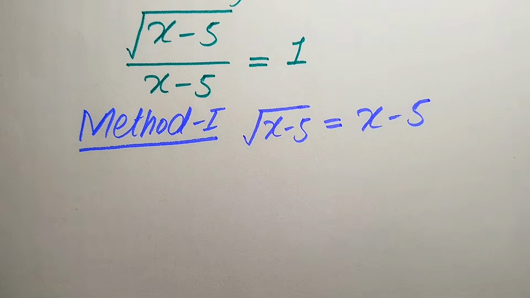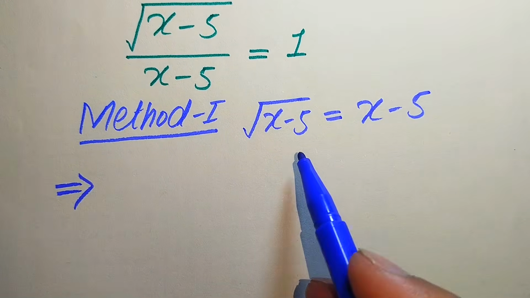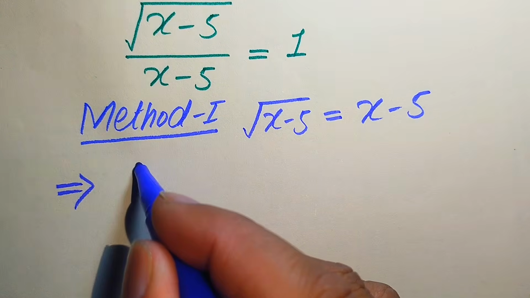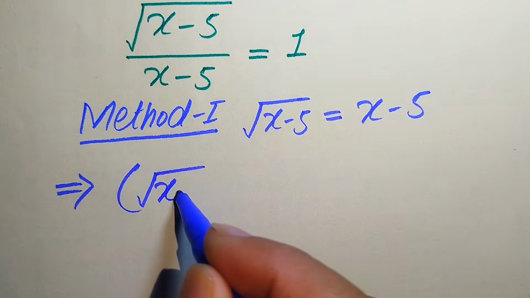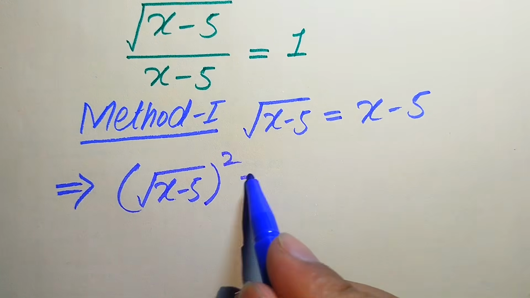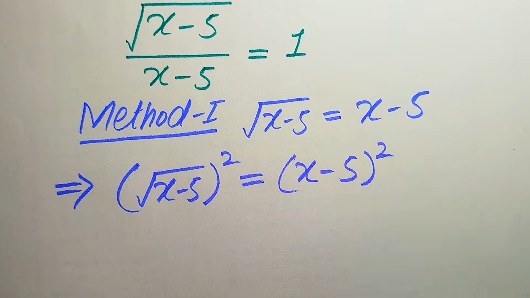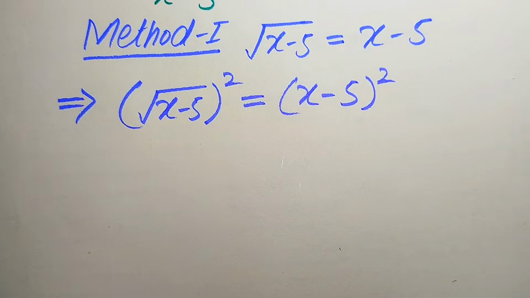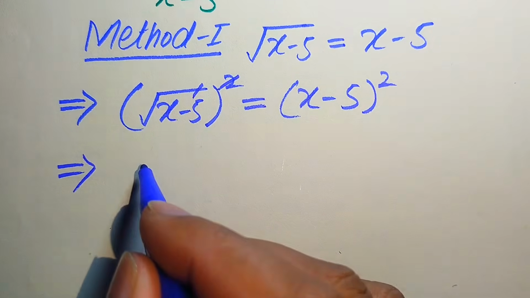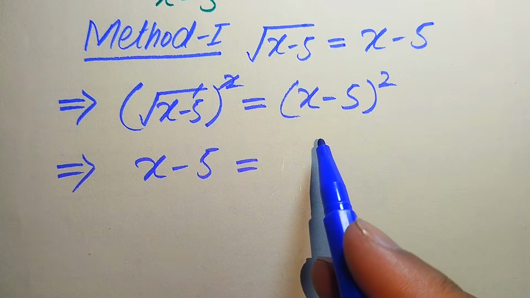Now in the next step we need more simplifications. Here we need to remove the square root sign from the left hand side, and for this we will apply squaring on both sides. When we apply squaring, it will be written as the square root of x minus 5, whole squared, is equal to x minus 5, whole squared. Further, in the next step the square and the square root cancel out each other, and we get x minus 5 is equal to, on the right hand side, we will apply